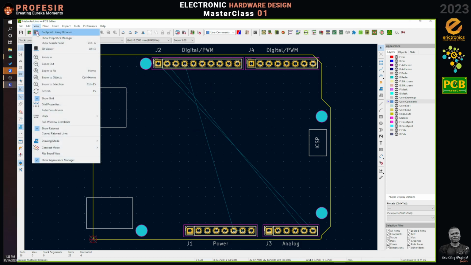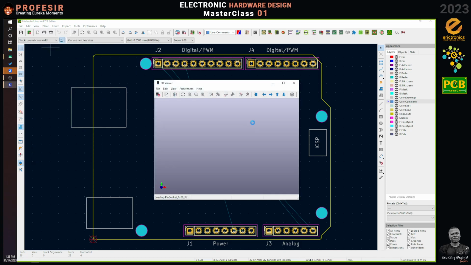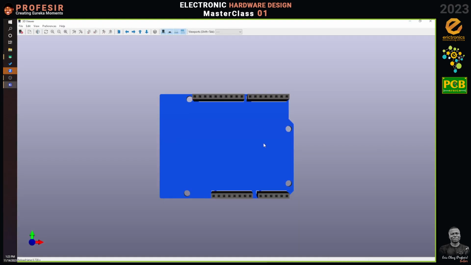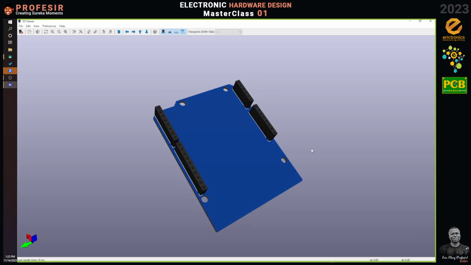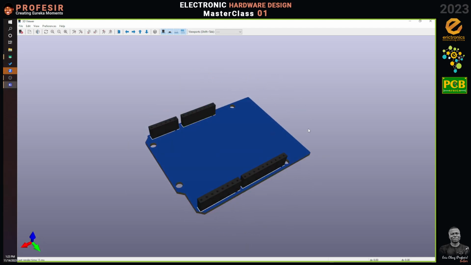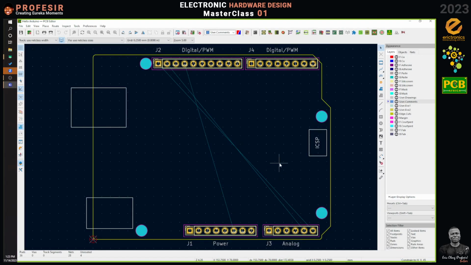And then we can actually check how it looks in 3D view. So you can see. Basically they've done this work of trying to map the Arduino footprint in case you want to integrate Arduino in your work. So this building from a template actually comes in very handy. All right, so the next thing we're going to do